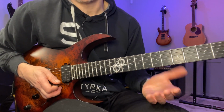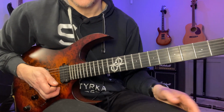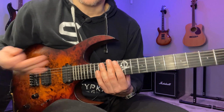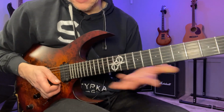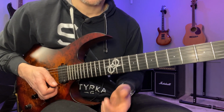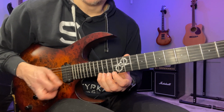Or even better, work on both at the same time. Well, not exactly at the same time, but they feel quite different, so it might be a good idea to start working on both anyway. But you need to be able to handle both individually before you can think about putting them together. So this thing then,